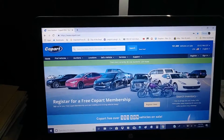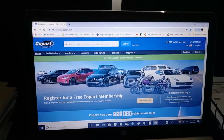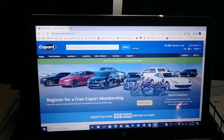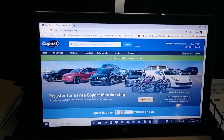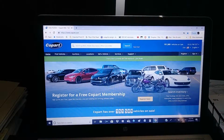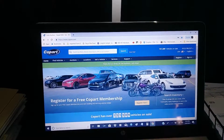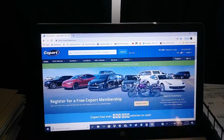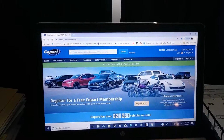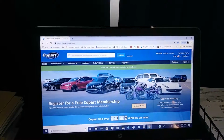You can register for free and bid on cars in your area. And basically, when you first get an account, as long as you have a valid driver's license, they'll give you an account, and you can bid on anything up to $1,000. If you decide you want to bid on something for more than $1,000, you have to have a 10% deposit over what you want to bid. So basically, if you want to be able to bid $2,000 on a vehicle, you need to have $200 in your account, or you can just pay for the premium service, which is $600, all of which is a refundable